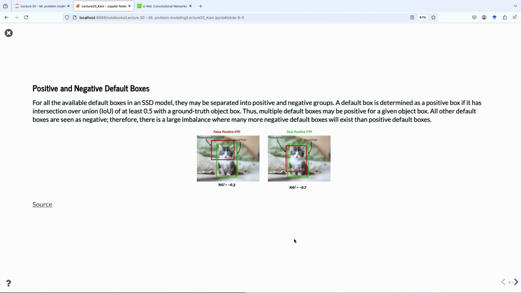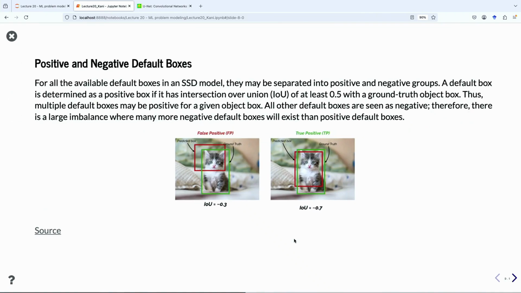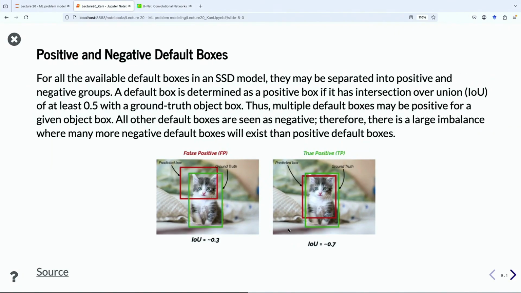So we need to discuss what makes a good or bad bounding box. How do we measure what is a good bounding box or a bad bounding box? For instance, in the image here, a cute little kid, we have the ground truth bounding box in green, and then we have estimates that we got from the model.